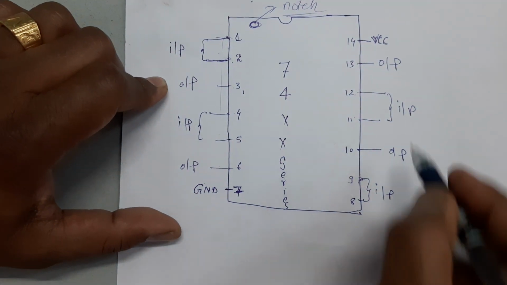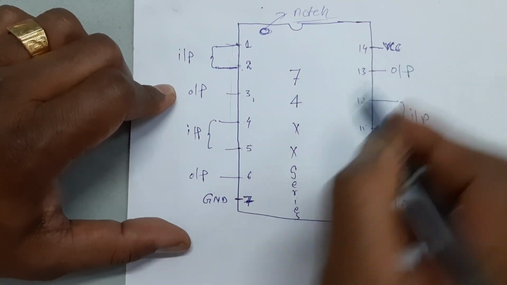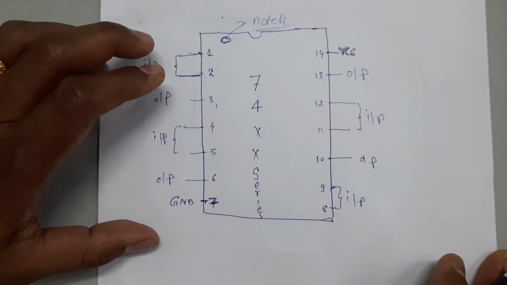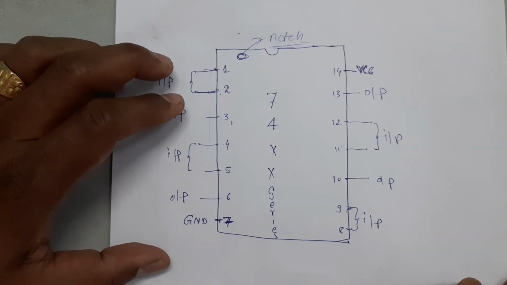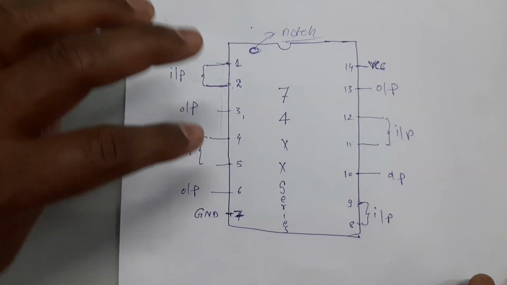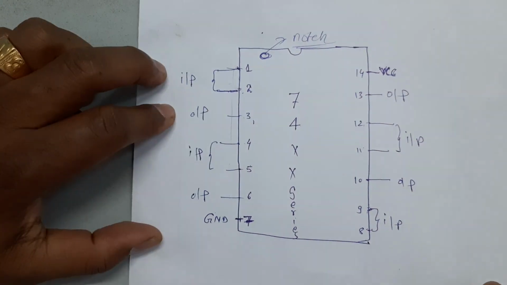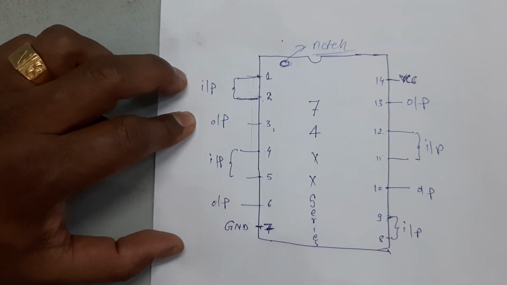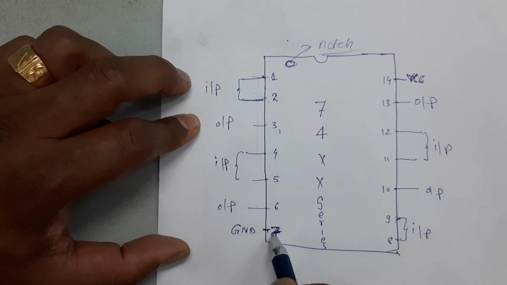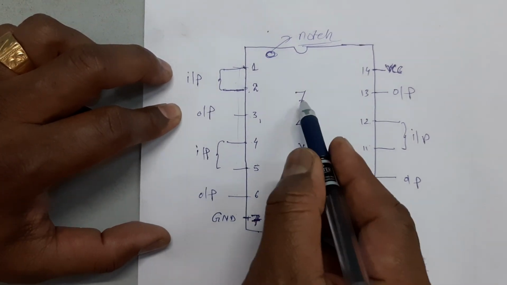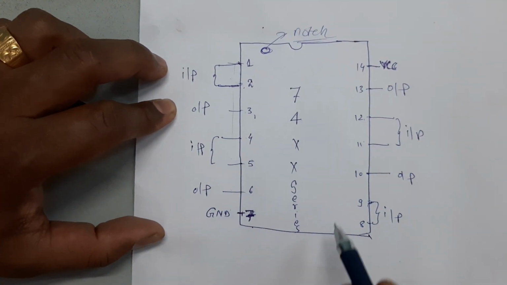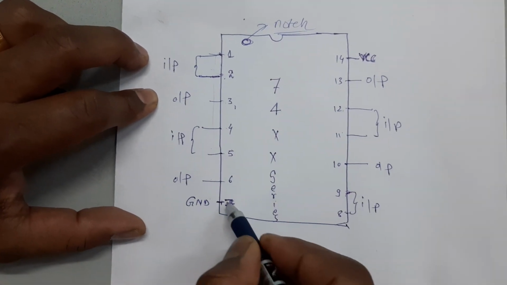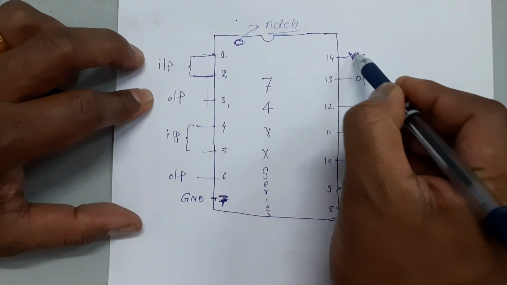Unless and until you connect this IC to VCC and ground, your IC will not work. Your IC will not work means what? It will not show output. Is it clear? So I think this part is clear. This is a 14 pin IC, because here 7 pins and here 7 pins, so in total if you count, 14 pins. So the 7th pin is always ground. Remember this. This is the 74XX series, this is the name given for the IC. Then pin number 14 is VCC.